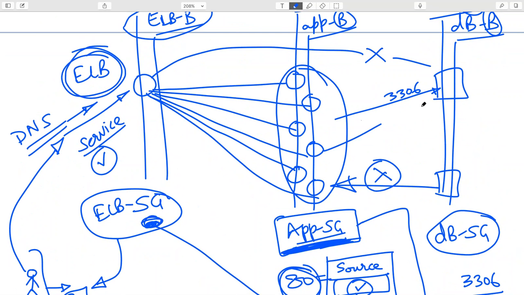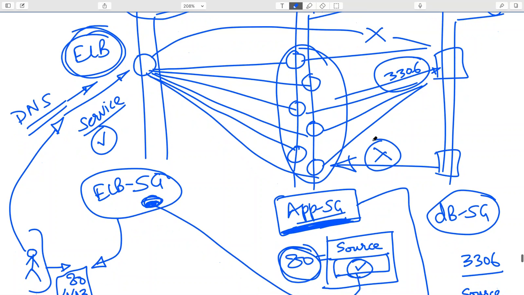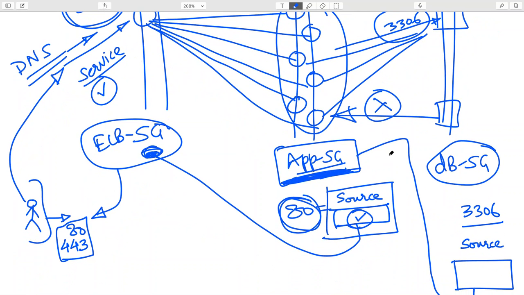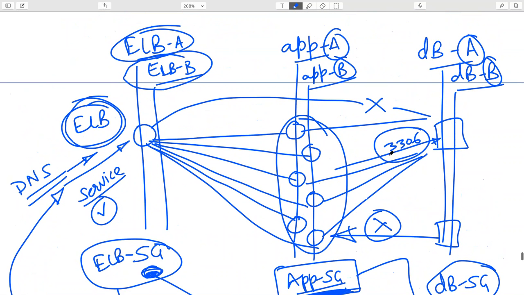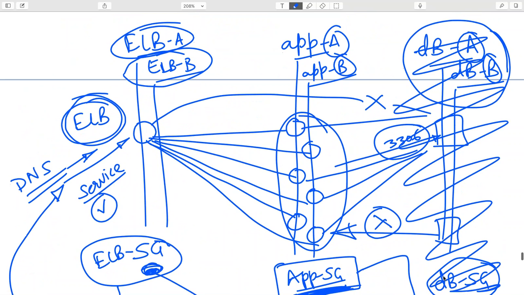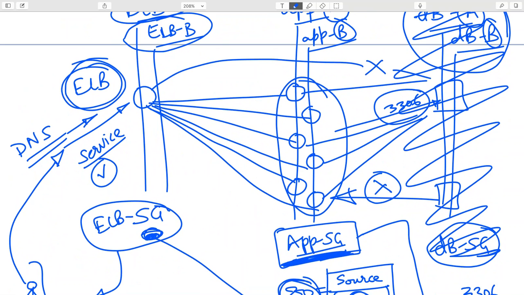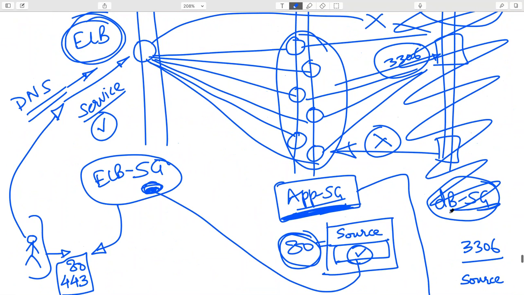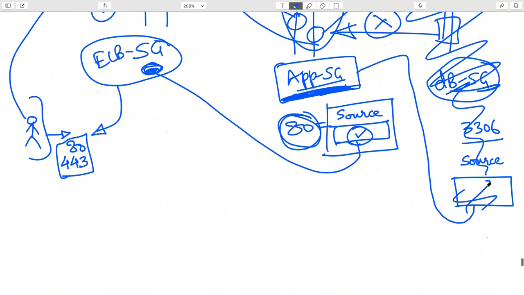Only those that need to have access will have access on this port, and only that port, nothing else. And that's how you open up security for database. Now, in certain clouds, you have this thing called database as a service, which means you don't have to worry about this thing. The idea is, why worry about maintaining your own database boxes when somebody can do it for you? So, for example,